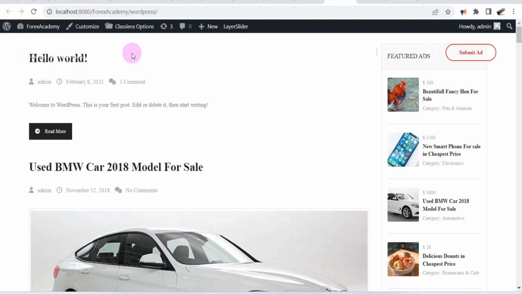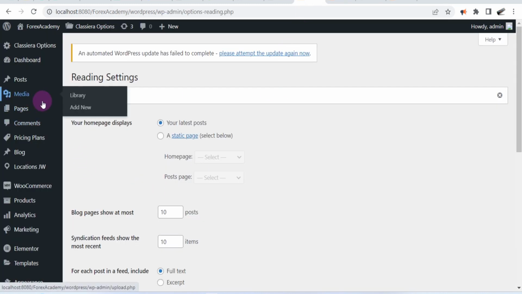From where we left the last time, we saw that the homepage is not set. Instead, the blog post is used as the homepage. So we're going to start the customization and we're going to set the homepage properly. So let's begin. I go to my back end